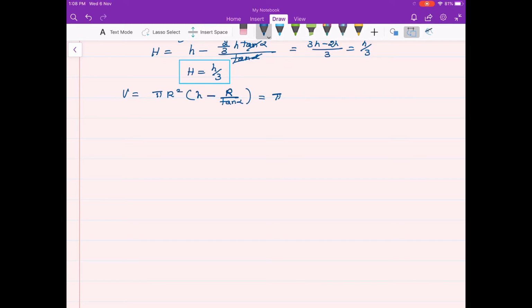We have to substitute for R. R is 2/3 H tan alpha, the whole square, times